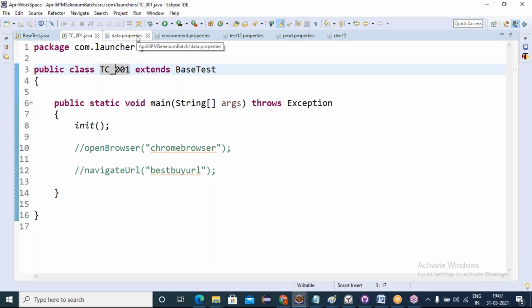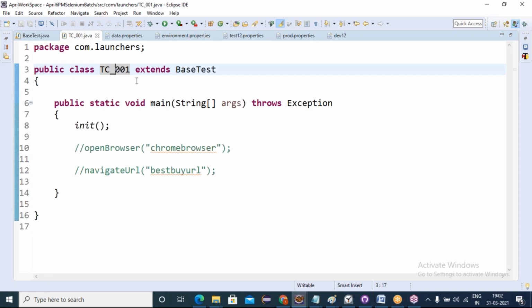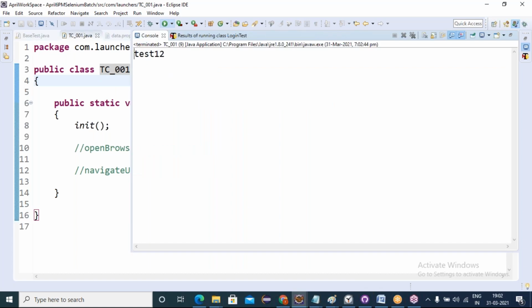Now suppose I got a request to run test1. Just go to the environment.properties file and run this test case. Test1 is coming. Now, based on the environment properties key value you set up, you must load that key-based value's file.